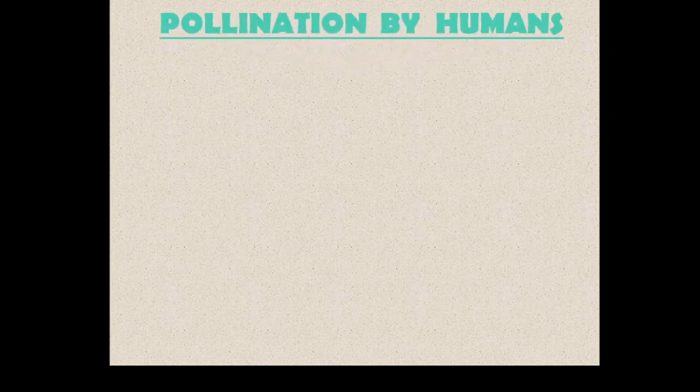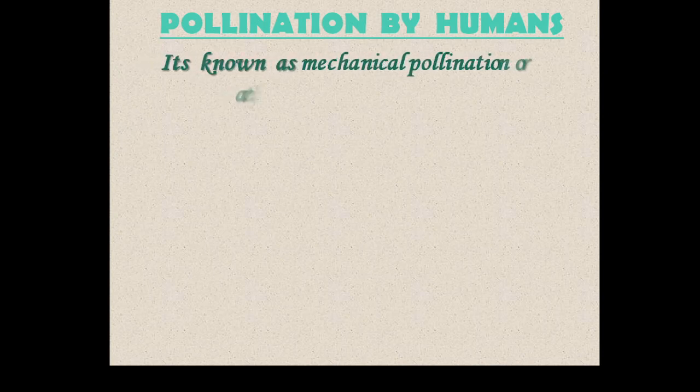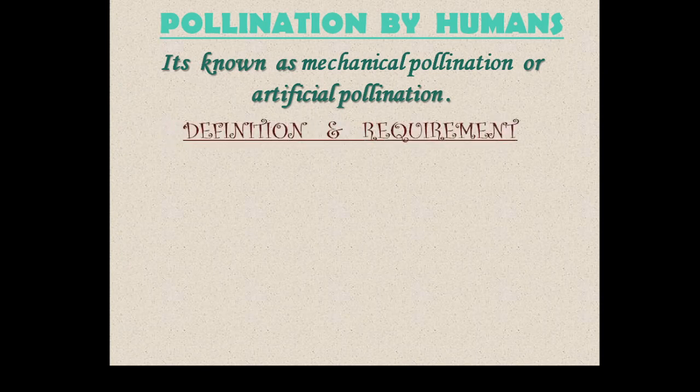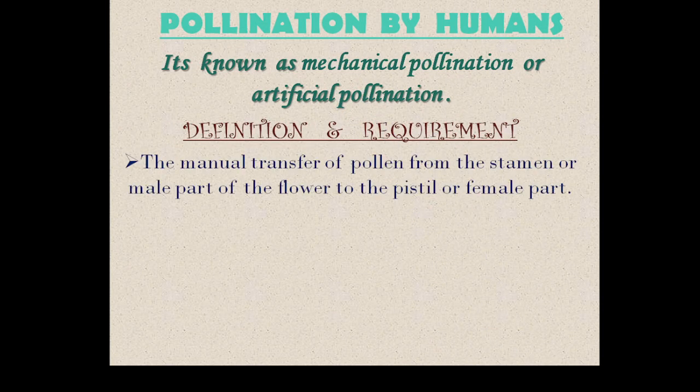Pollination by humans. This is a topic that I have missed in the earlier part, so I would like to continue with it. It is known as mechanical pollination or artificial pollination. Definition and requirement: it is a manual transfer of pollen from the male stamen to the female pistil. The same transfer of pollen from the stamen to the pistil, but it is a